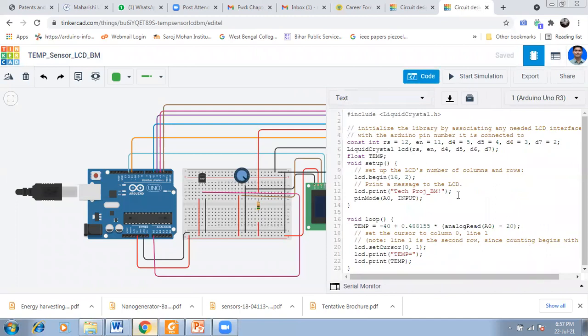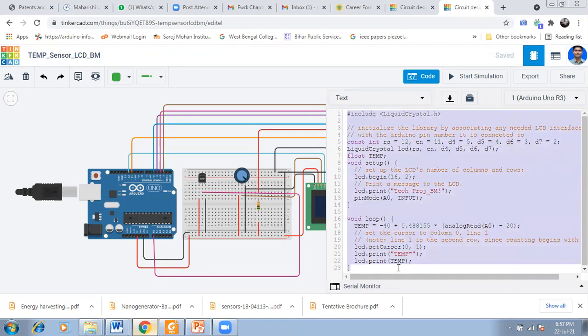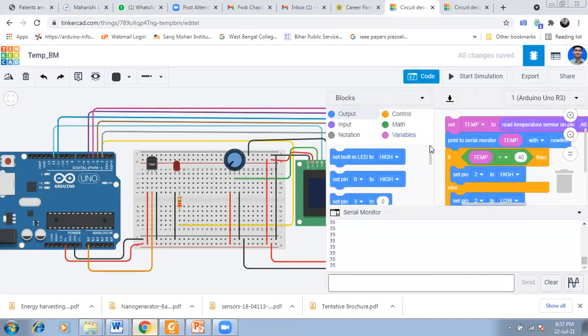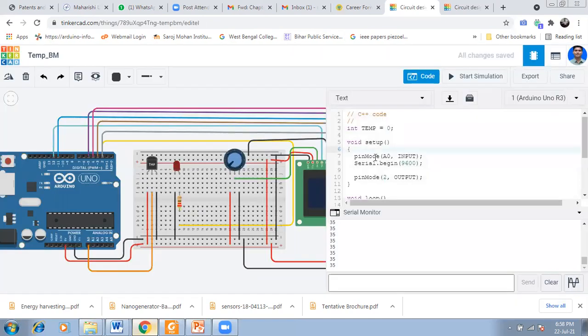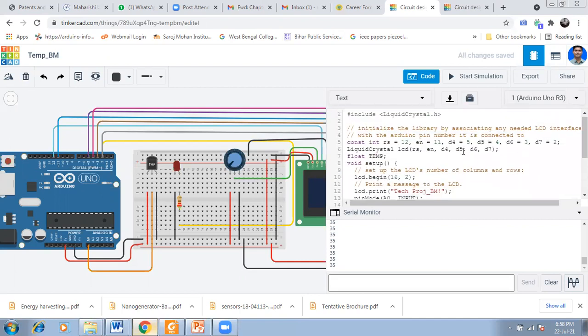So this is the code basically. Just I am copying it and pasting it here.